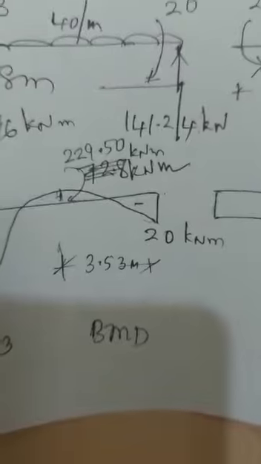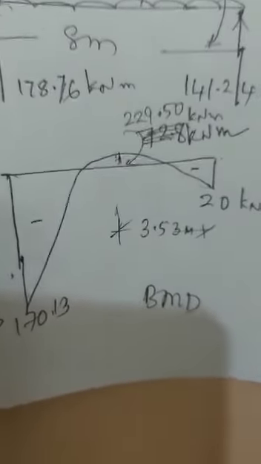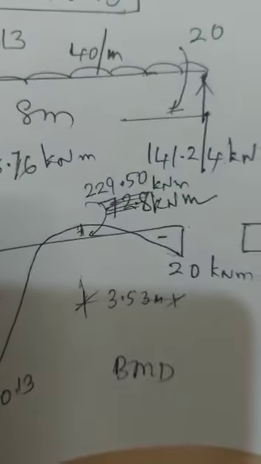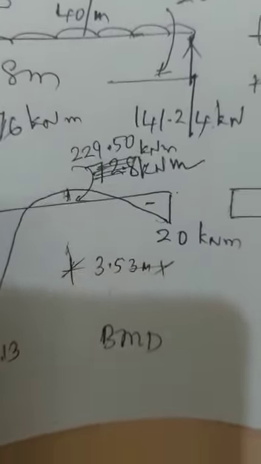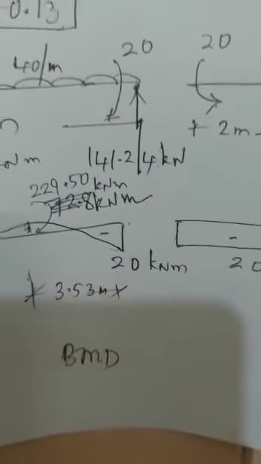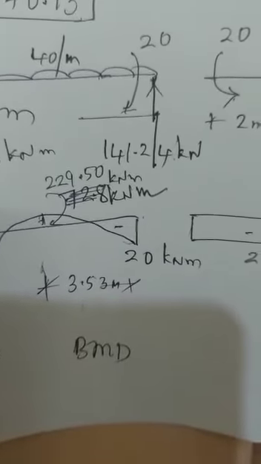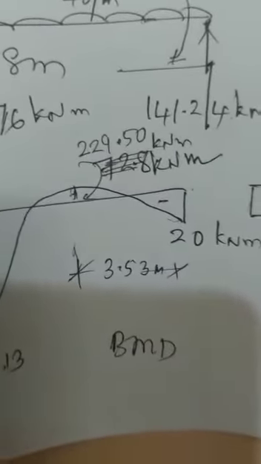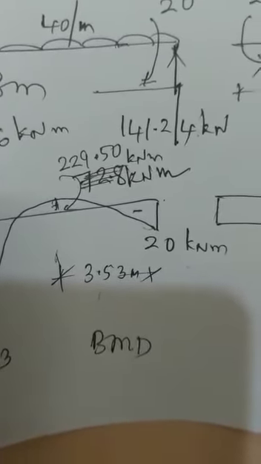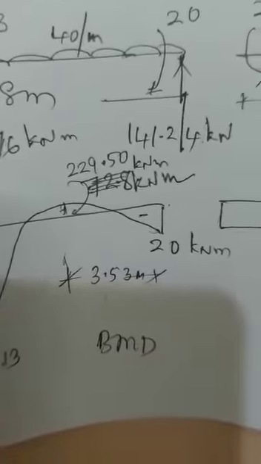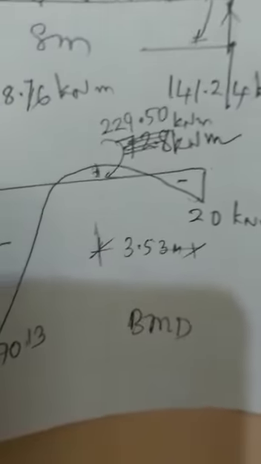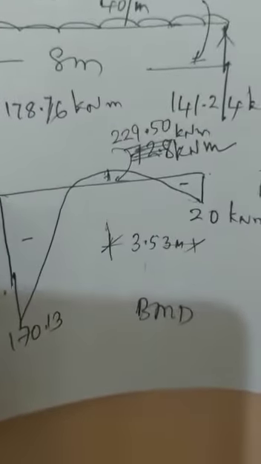So the usual way of drawing SFD and BMD, you know, only BMD I have drawn. I have indicated the maximum positive bending moment. How to get the maximum positive bending moment? Equate Vx to 0. What is Vx at distance x from C? So V will be 141.24 minus 40x. That gives x as 3.53. So if you put x equal to 3.53 in the bending moment equation at a section x from C, I'll get the bending moment as 229.5 kilonewton meter.